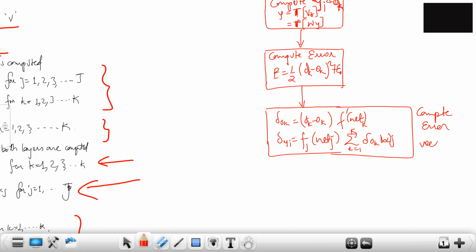That is your delta Ok and delta Yj, your error vectors.